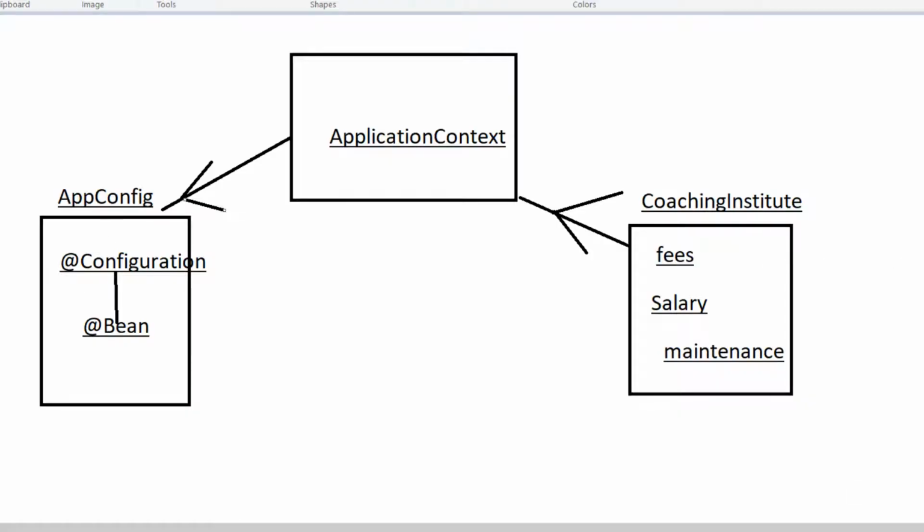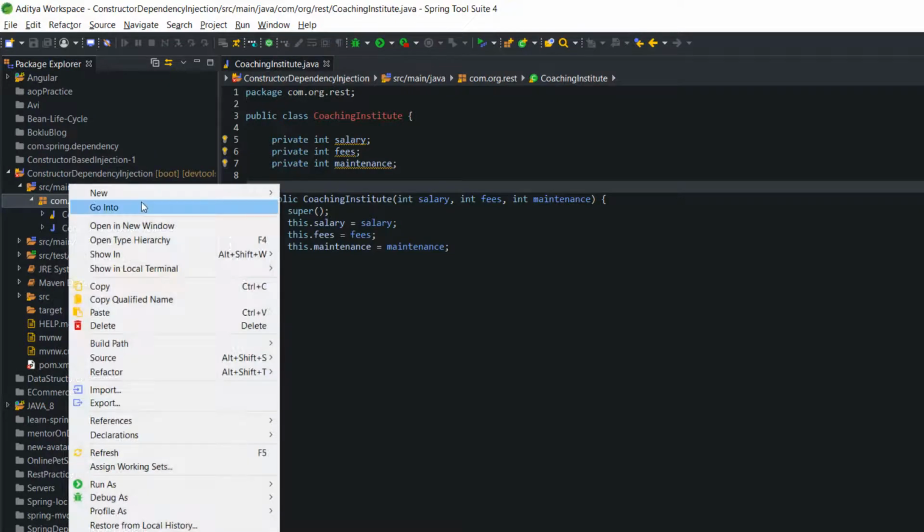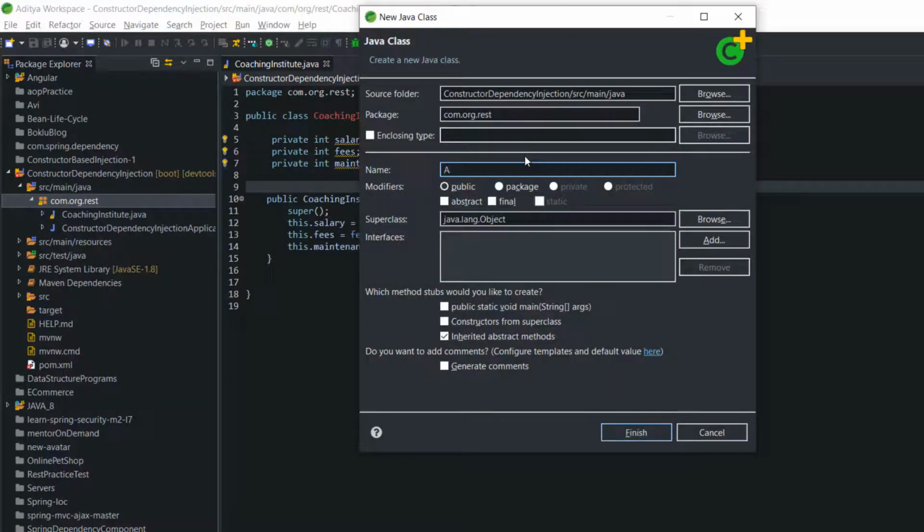Now next file I am going to write is app config. So again I am going to right click, new, class, and here I'll keep the file name as app config.